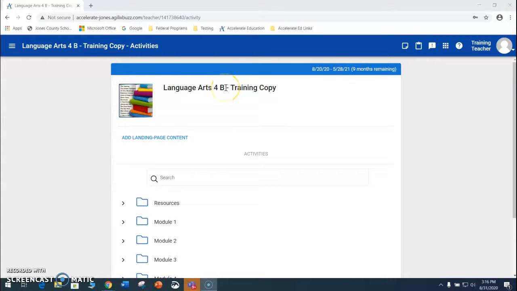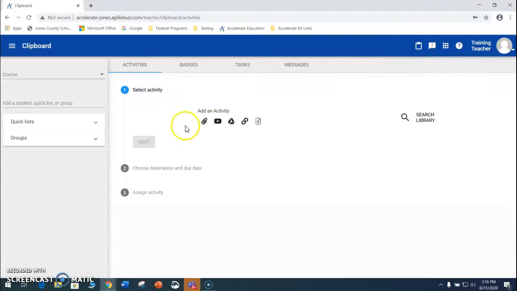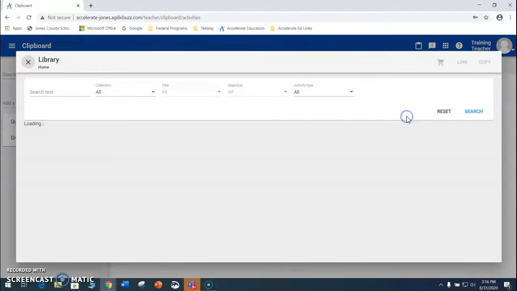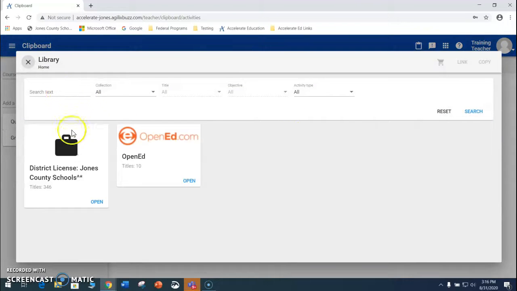All right, so this is a little bit different than when we edit. We're not going to use the editor. When we want to pull in things from a different course, we're going to go up to the top and we're going to use the clipboard. So I'm going to click go to clipboard and then I get this screen and I can do a lot of things here. I can add an activity similar to what we did when we were using the editor, but I now have this search library tool, and if I click there, I can search the district licenses,